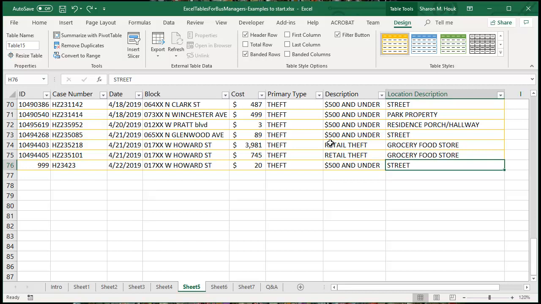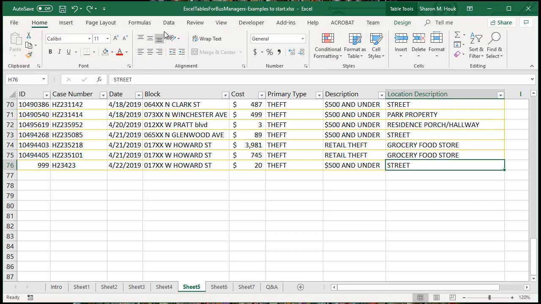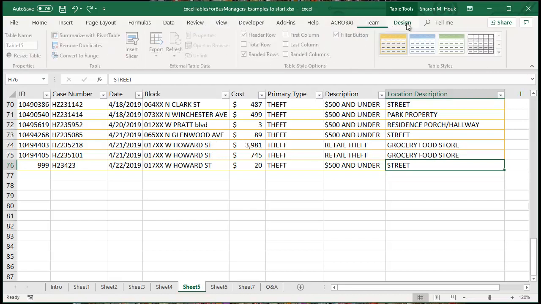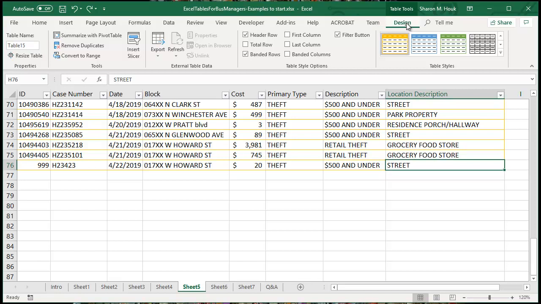But what about making average, sum, count, these kinds of summaries of your data at the bottom of this table? Well, there's more than one way to do it, but if you're on the Home tab, what you're going to look for, because I took you out of it so I could show you back where it is, a Design tab. So this is a Table Tool Design tab. This is one way to do this. You can select Total Row,